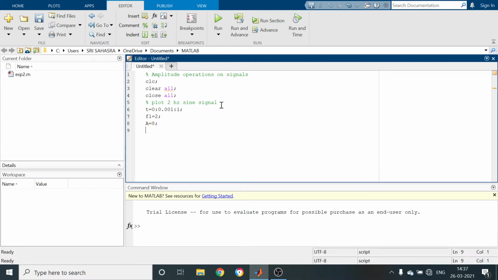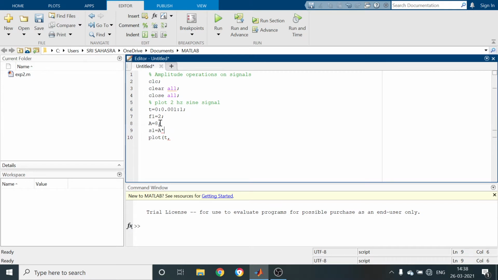Next, in order to plot this signal, I have to use the plot command. But before the plot command, we have to define the signal. Defining the signal means I am going to generate a sine signal, let it be S1. So S1 equal to A sin omega t. Here I am going to use the multiplication operator.